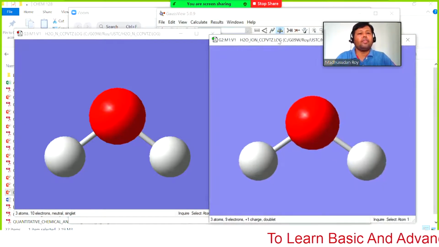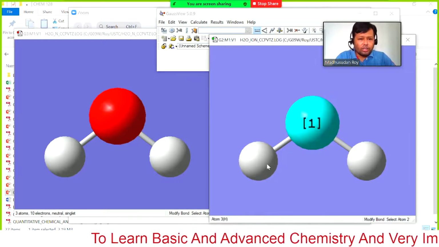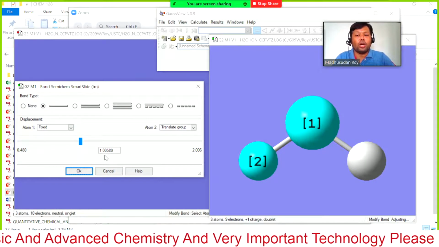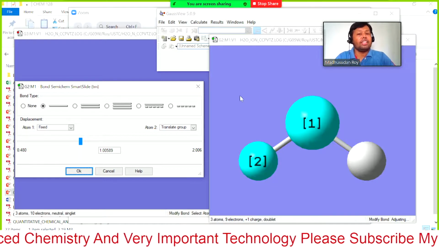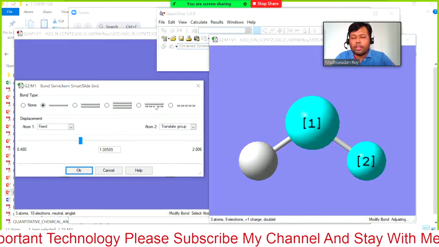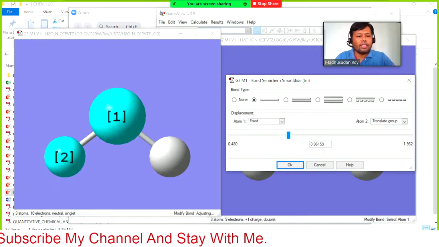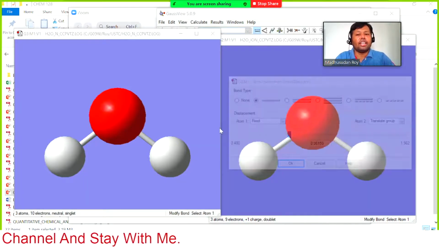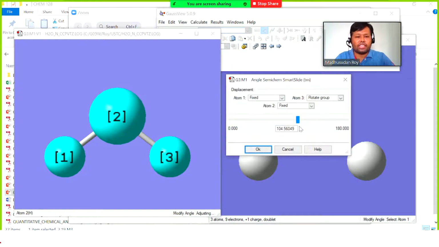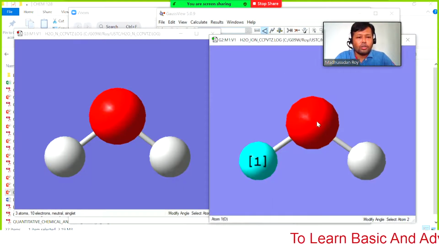You may have the bond angle or bond length a little bit different, so let's see. Now you can see the bond length has been changed to 1.00 in the ionized form. For this one also 1.00, but we started with 0.96. That was our initial structure, and the bond angle was 104.56. This is 104.56. Now how much bond angle does it have?